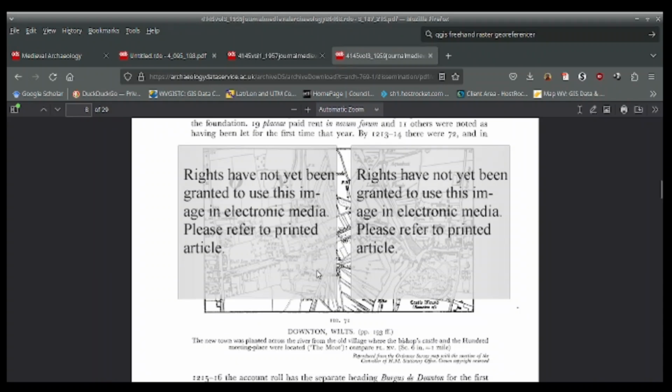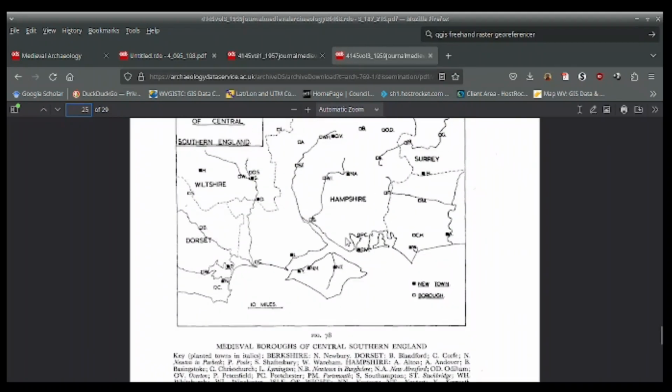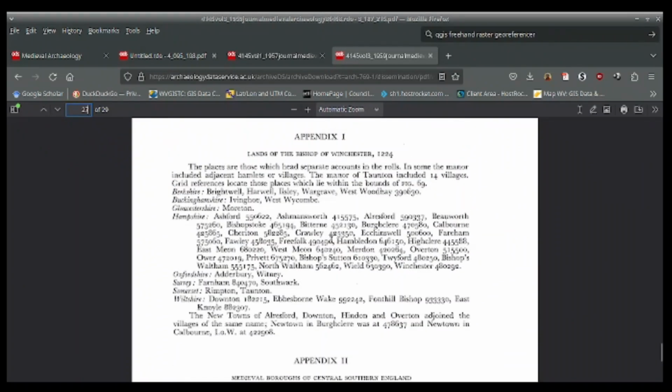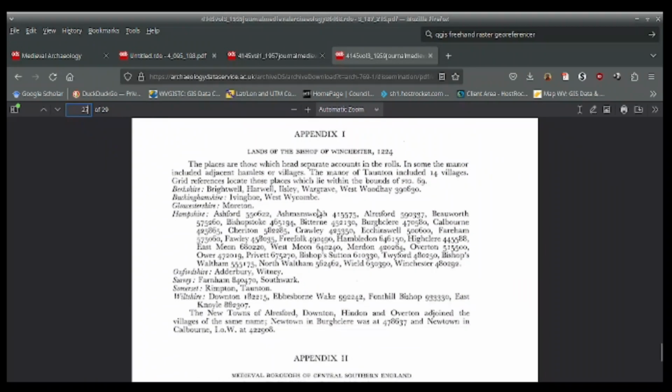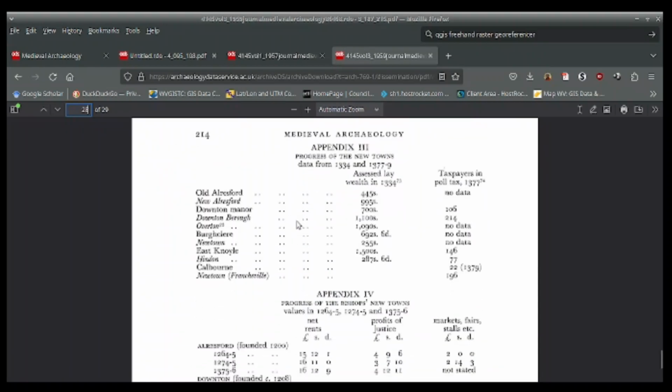use. But what I will tell you about this article that's really kind of cool, I want to give you an idea of where the new towns were added at this period, but the appendices of this article are what is really great because it gives you information about all the lands under the control of the Bishop of Winchester in 1224, and just in general, what was going on in the medieval boroughs of central southern England at the time. But then Appendix 3 is really the brilliant thing because it goes settlement by settlement and gives you an